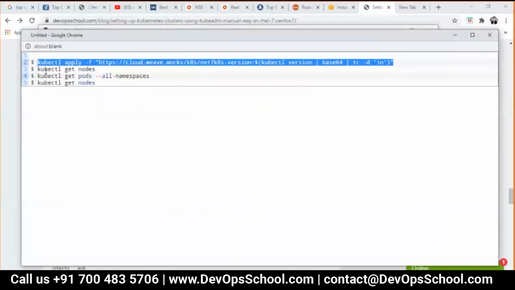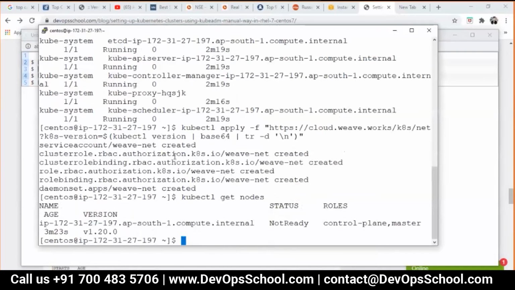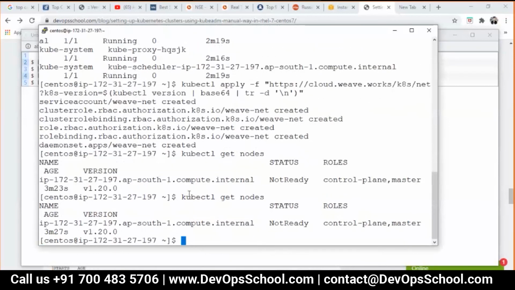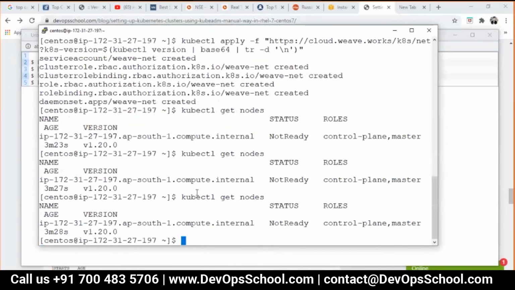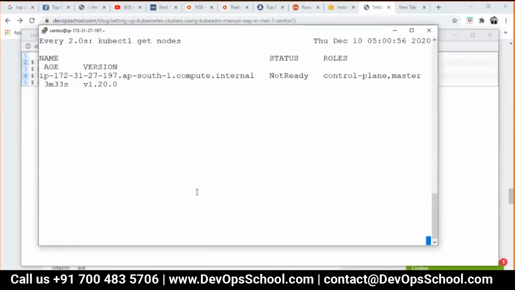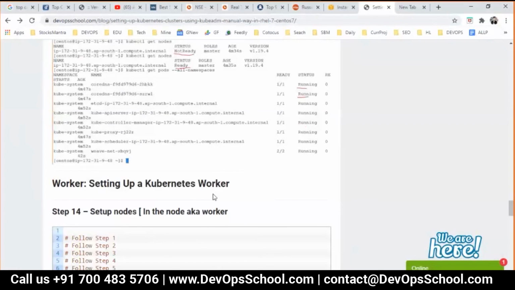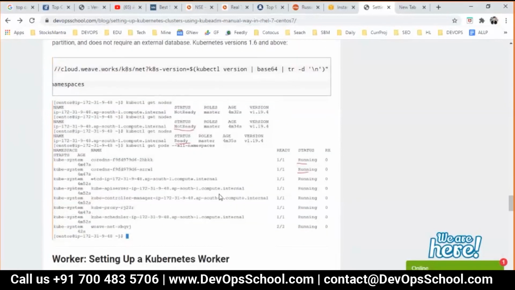After that, you have to install the networking. Now guys, networking is a different topic, but for the time being, I'm asking you to install Weave Net blindly because I don't want to add so much confusion here. So how to install Weave Net? These are the commands you have. If you cannot open the command, you can open it in the full window and do that. I just did. And finally, after that, you'll have to wait for a few seconds.